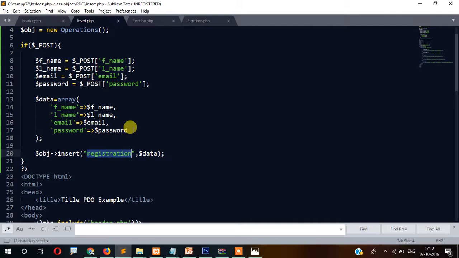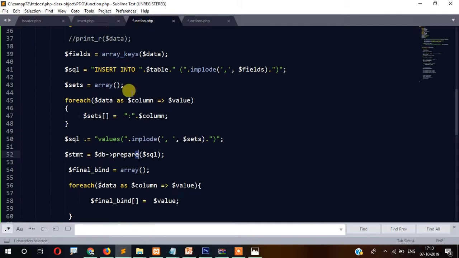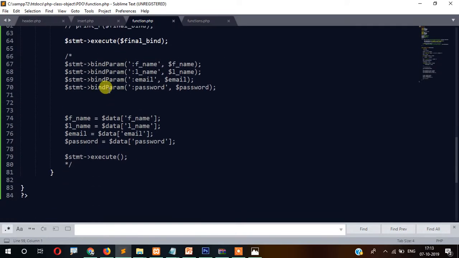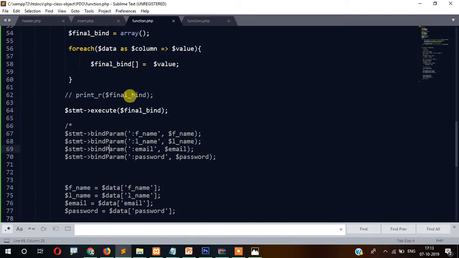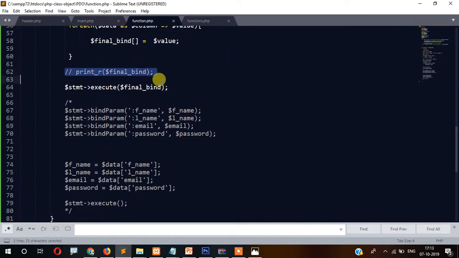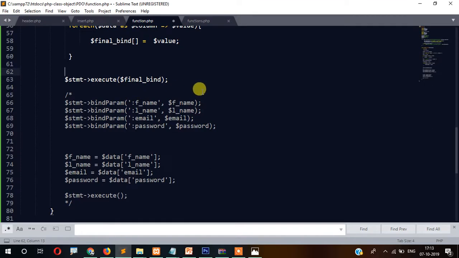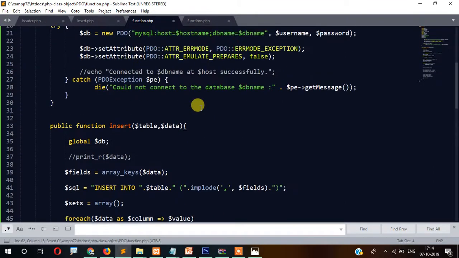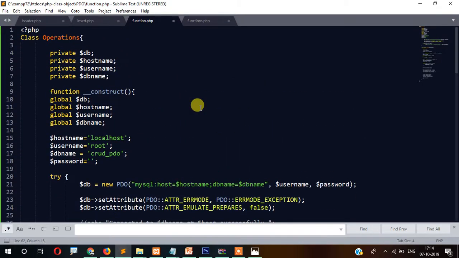So to save the time, we have done this. Okay. Now, rather than writing this long code, we have just written a few lines of code here. So let's read this. So that's it in this insert statement with PDO, and in the next video we will work on view page. So stay